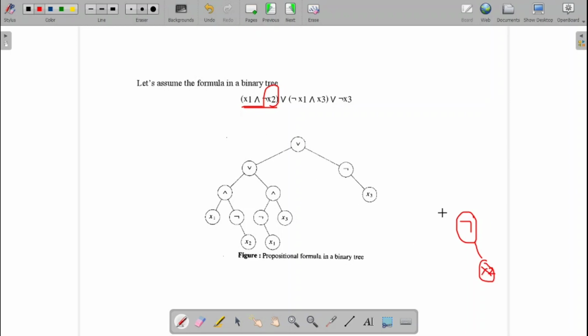This is to be ANDed with x1. Then again one more parenthesis is here. We need the not of x1. This is to be ANDed with x3.